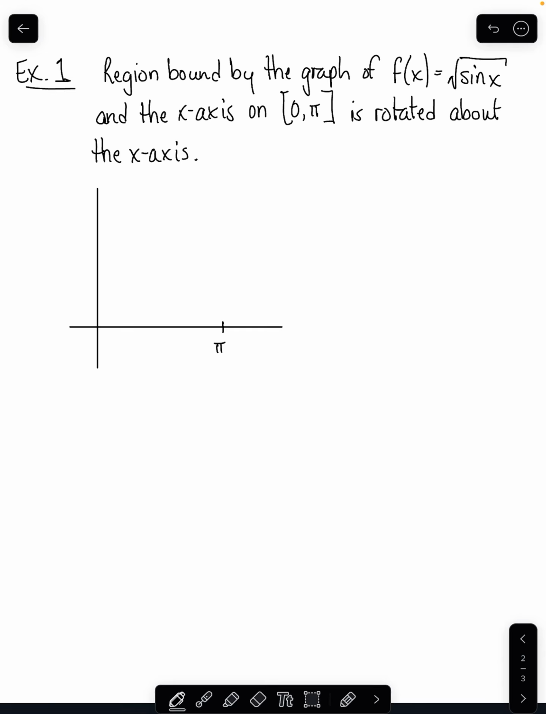Particularly for a graph such as the square root of the sine of x, which will produce a semi-ellipse, something along the lines of this. Now, it's not perfect, but it gets the point across. And the idea then is that any single subinterval here would have a rectangle on it, and rotation about the x-axis would turn this into a disk